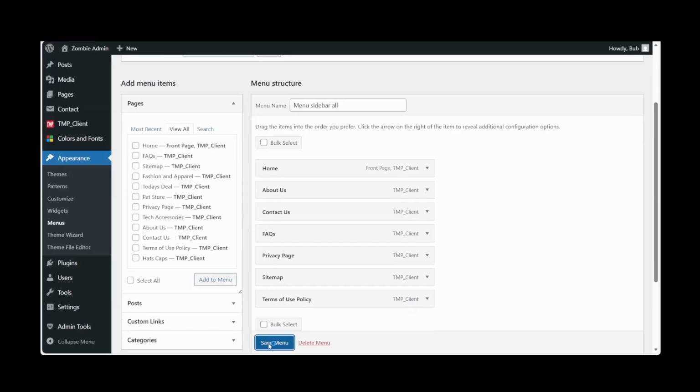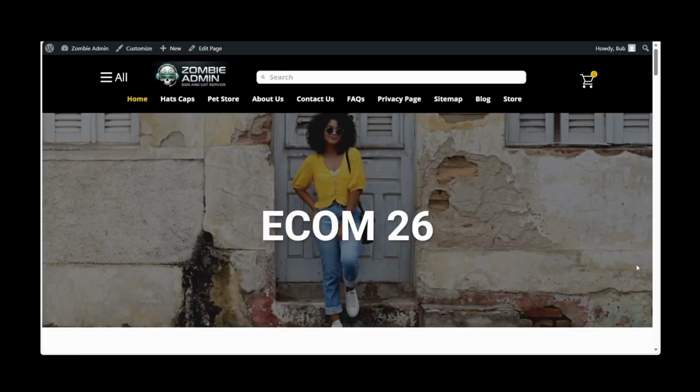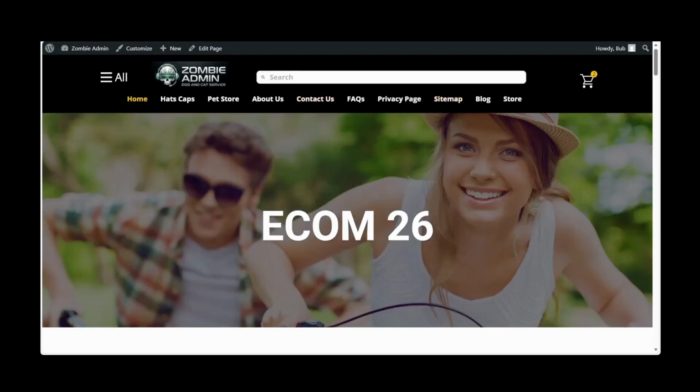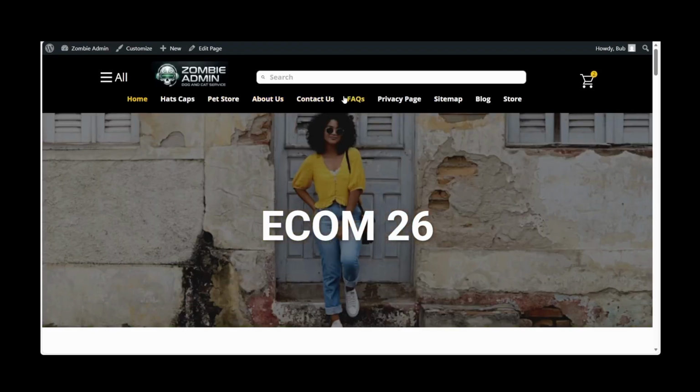We'll save menu. And let's go to the front end of the website and take a look. That came out good. Just need to remove some of these links.